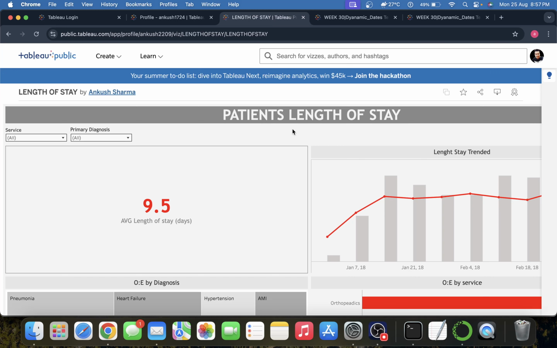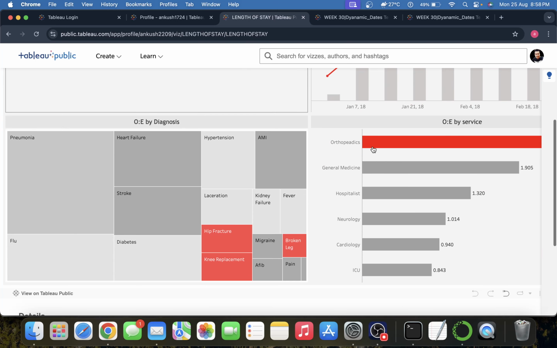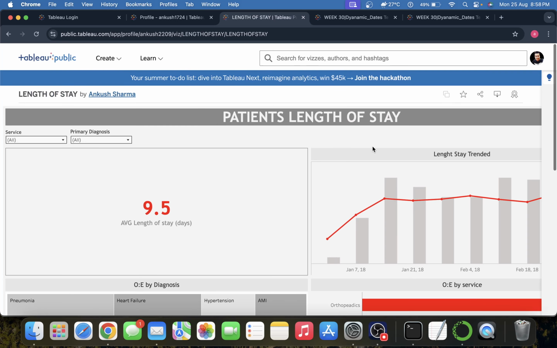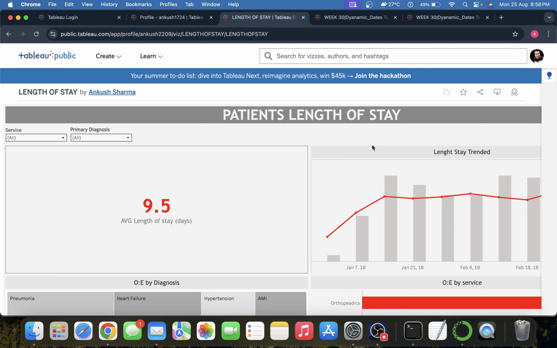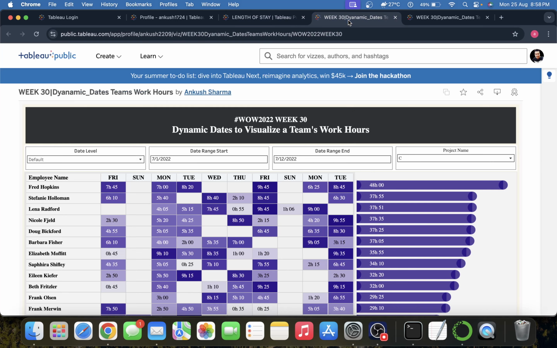So yes, I'll show you how we can prepare the data if we get the mock-up. How can we ask the right questions from the stakeholders about the KPIs, who is going to see this dashboard? Is this dashboard going to CTO level, or rep level, or the stakeholders level? Okay, we'll ask each question. So yes, as I said, this is the announcement, and apart from the announcement, this is